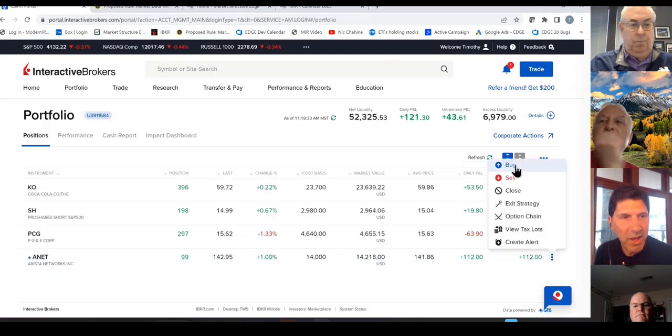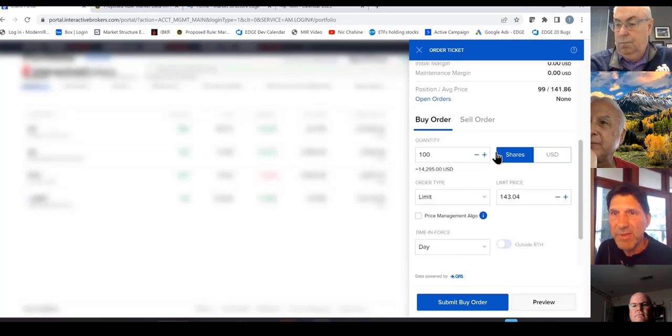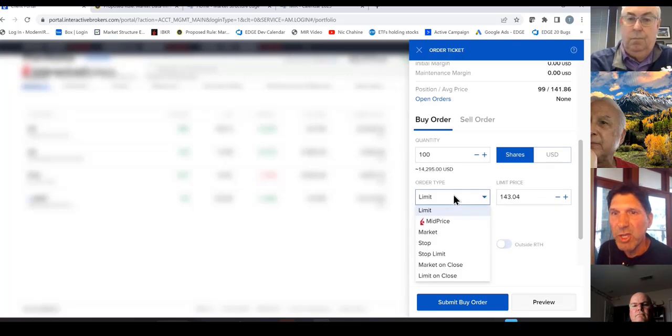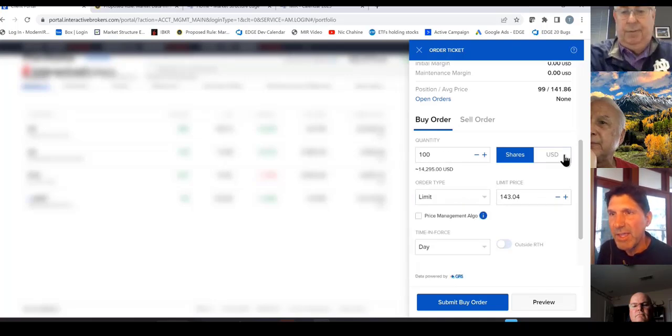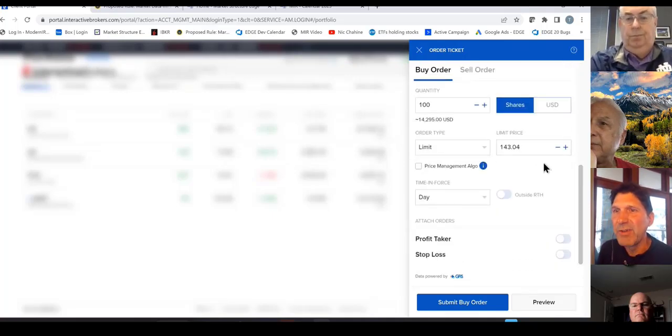So if I wanted to buy this, here's the spread, right? The spread is actually 13 cents there. That's acceptable to me. I would just come down here and put in a market order. But if you're going to put in a limit order, and the machine is suggesting 143.04, that's at the top of this. I'm not doing that, right?